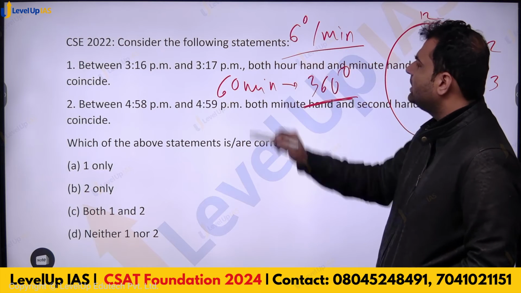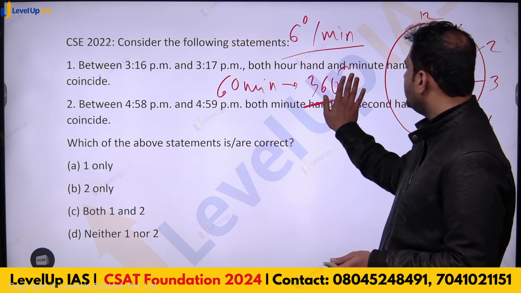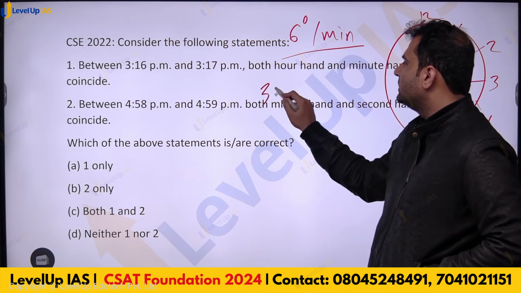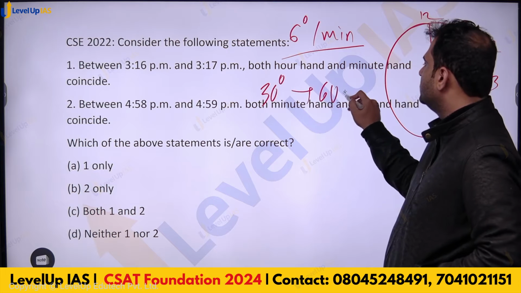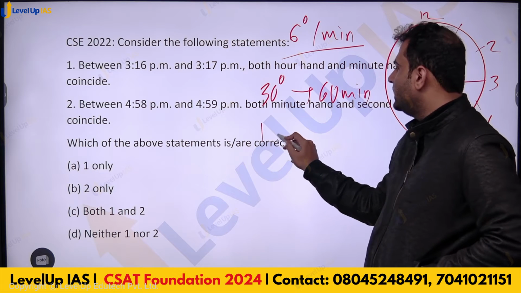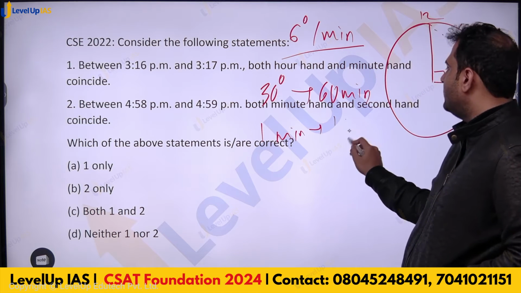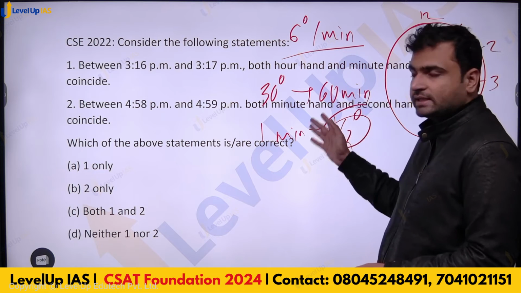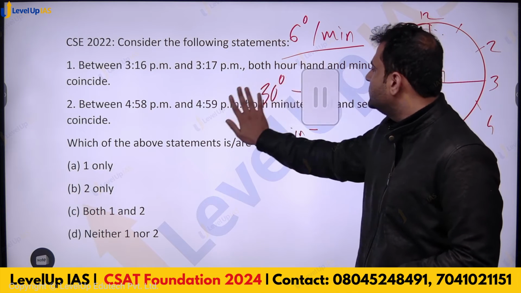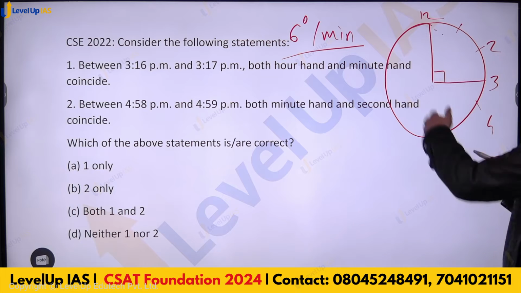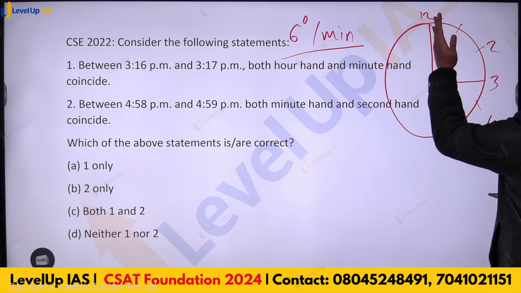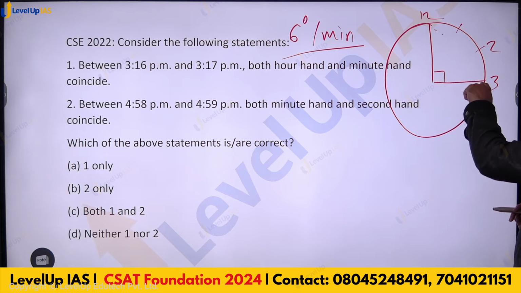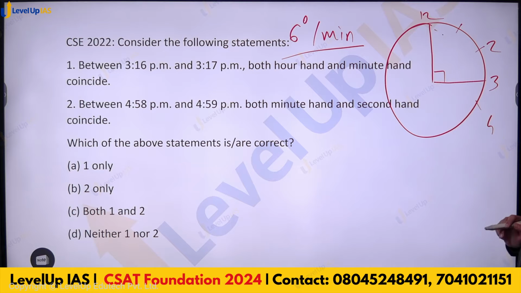So in 1 minute it travels 6 degrees, and our hand travels 30 degrees in 60 minutes. So in 1 minute, our hand travels half a degree. So in essence, the minute hand will travel at the rate of 6 degrees per minute, and our hand will travel at the rate of half a degree per